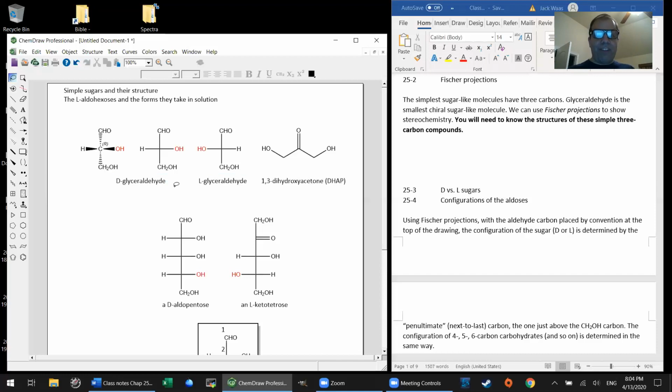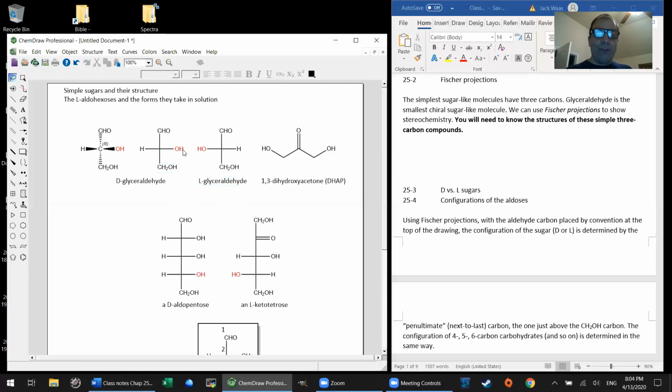Another interesting and somewhat maddening coincidence here. Unfortunately, whereas it was the L amino acids that were natural, it's the D sugars that are natural. I do not know why. It's irritating, but it's the way it is. So D-glyceraldehyde is the type of glyceraldehyde that occurs naturally in living systems. L-glyceraldehyde is a thing. It most certainly exists. It's just not natural. It needs to be synthesized apart from living systems. So those are the 3 simplest sugars.